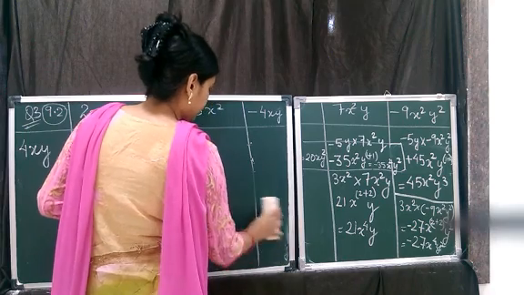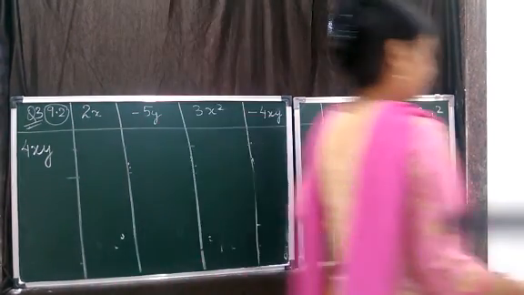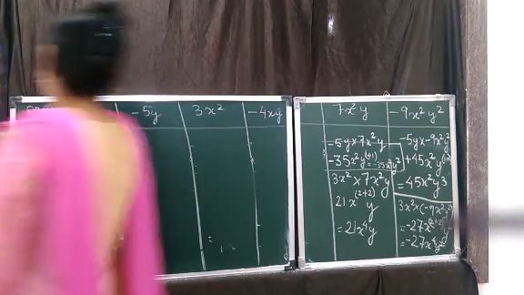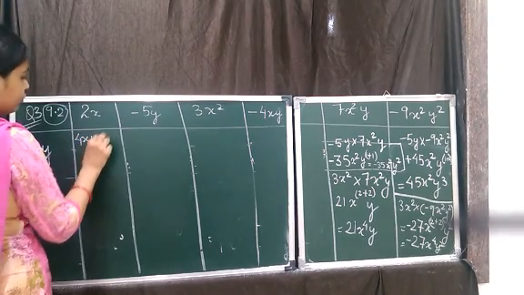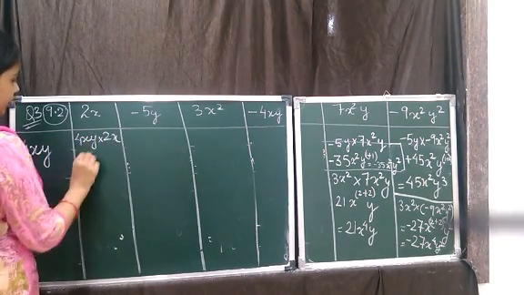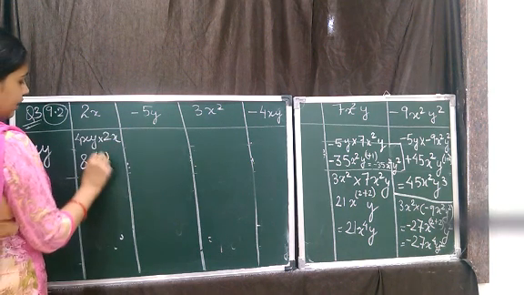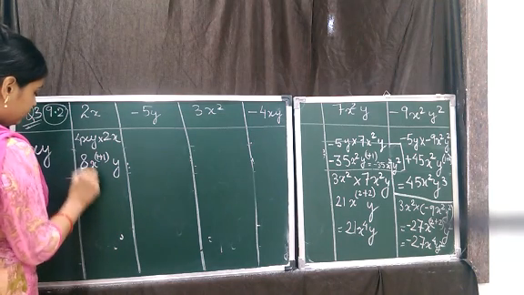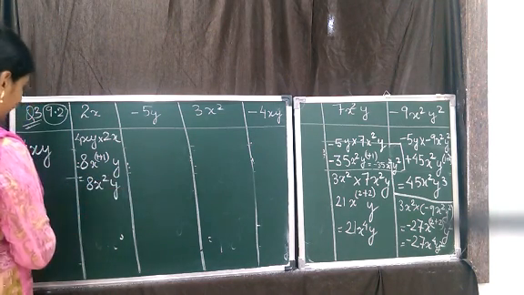Let's complete till here, then we are going to erase the next part. So 4xy into 2x. Let's write. We can write directly also, children. 4 2s are 8. Now x is common, so power of x will be added and y will be written as it is because y is not common. So the answer comes out to be 8x square y.